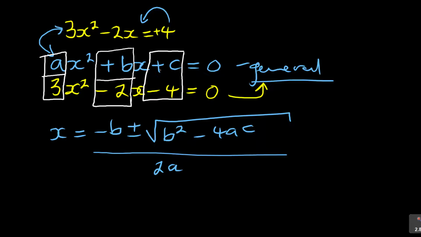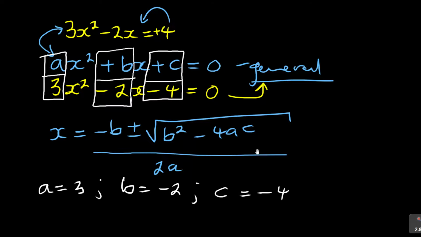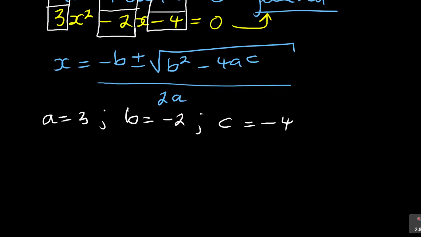Why am I doing it? It will give me my value for a. You can see that a is 3. And then my b is equal to negative 2. My c is equal to minus 4. Then from this stage, when I write that quadratic formula, I'm able now to say x is